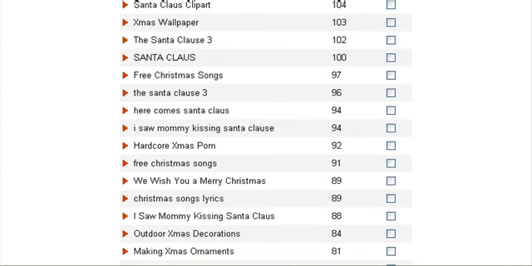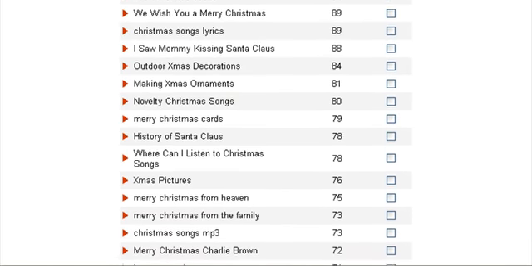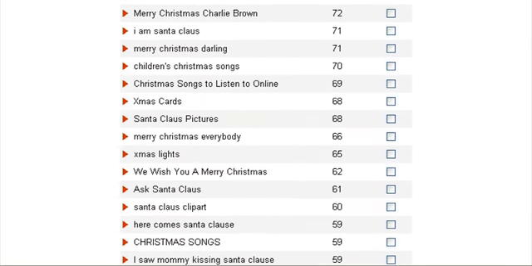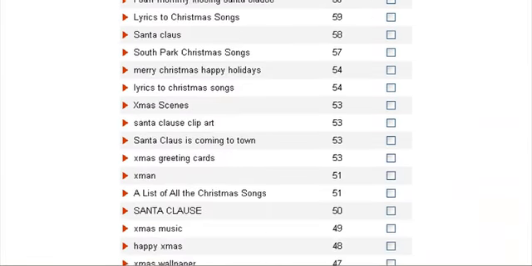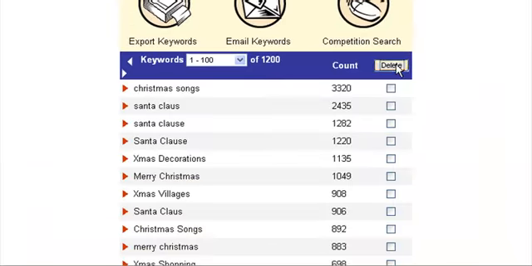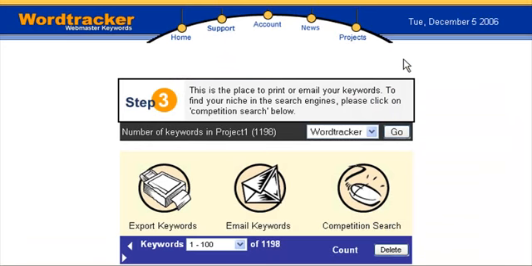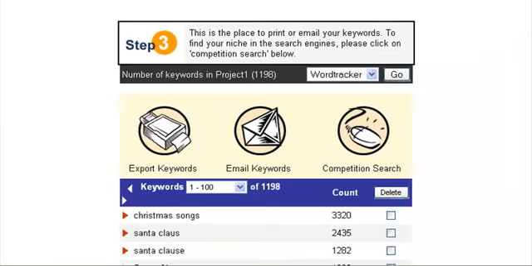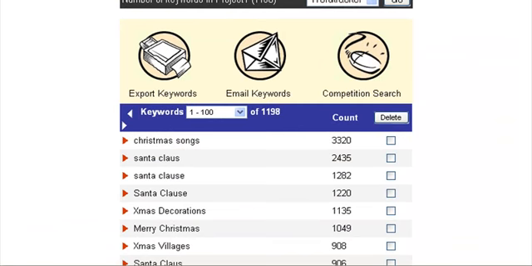Hardcore Christmas porn, don't think we need that, so take that off. There is an adult filter where you can get rid of that. Okay, that'll do. Let's just delete those two. And what it then does, it will come up with 100 words. It will replace the two I just took out with something else. Okay, still not too clever.